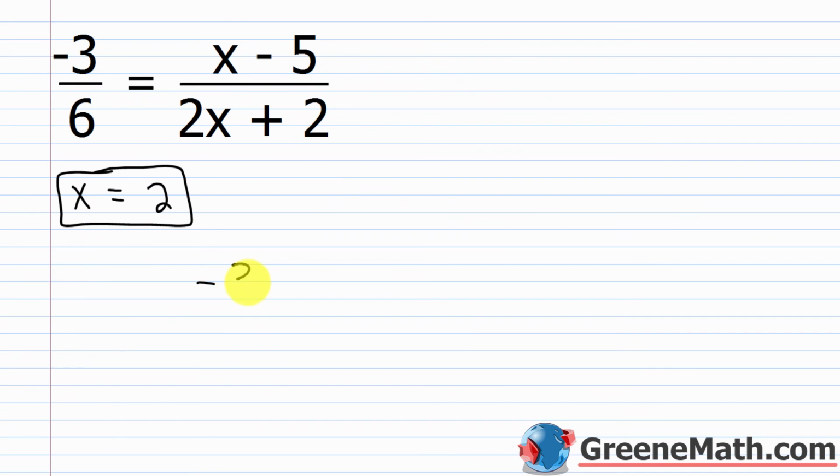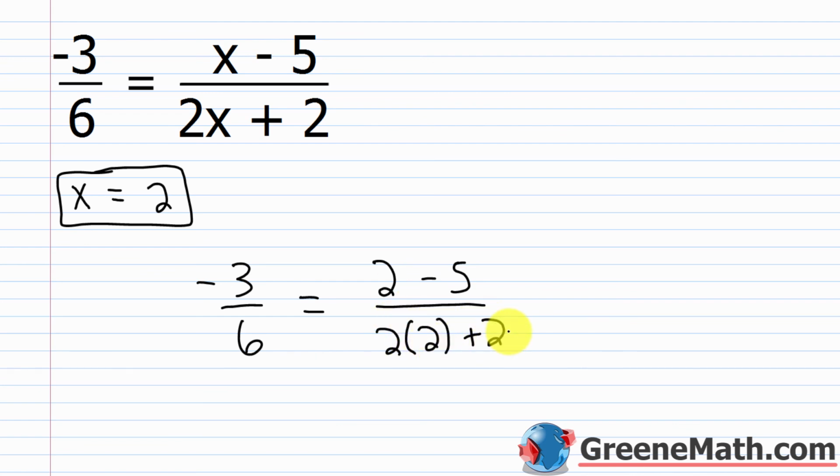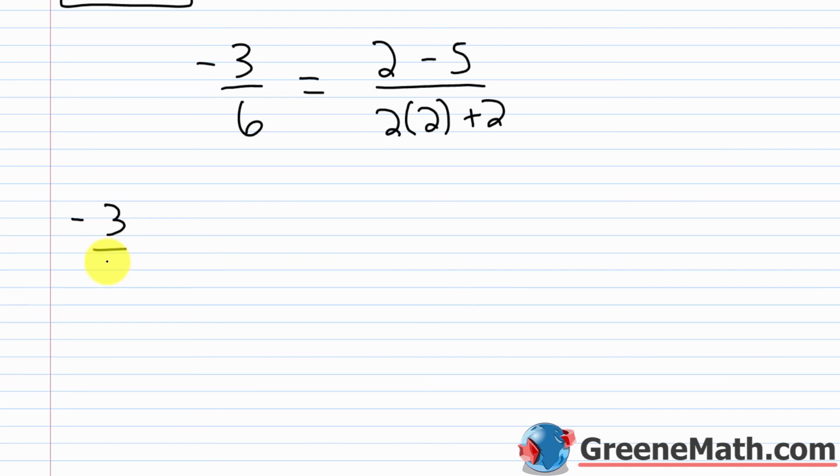So we have negative 3 over 6 is equal to, up here I'm going to plug a 2 in for x, so I'd have 2, and then minus 5 up here, and then down here I'd have 2 times x, so 2 times 2, and then plus 2. So I'd have negative 3 over 6 is equal to, 2 minus 5 is negative 3, then 2 times 2 is 4, plus 2 is 6. So we get negative 3 over 6 equals negative 3 over 6,